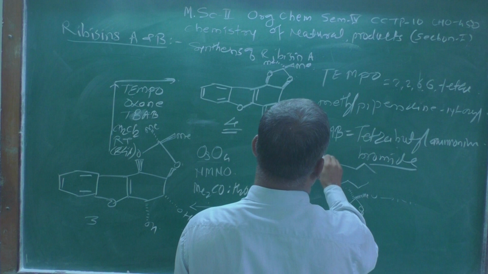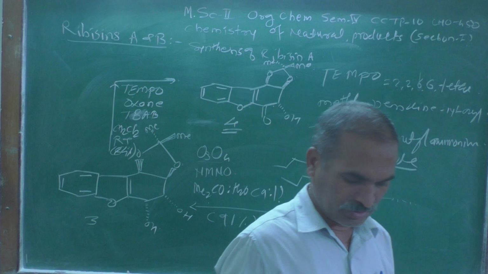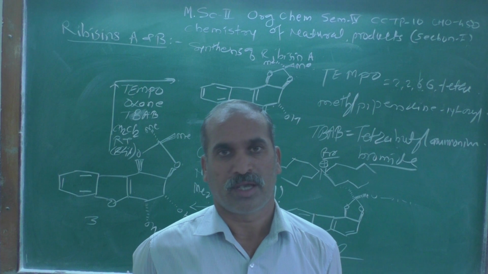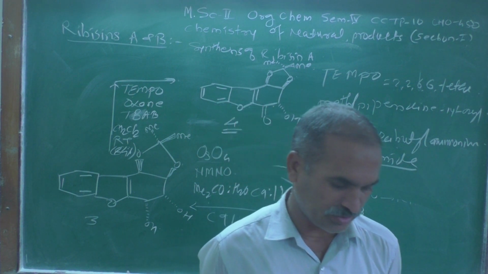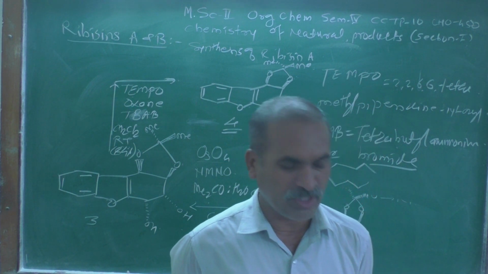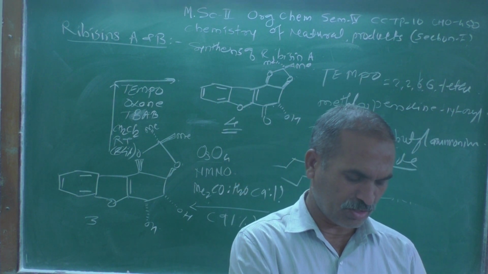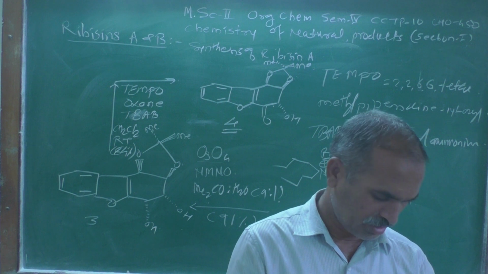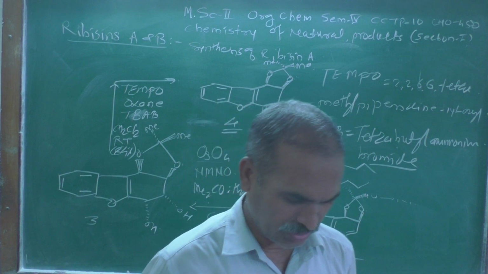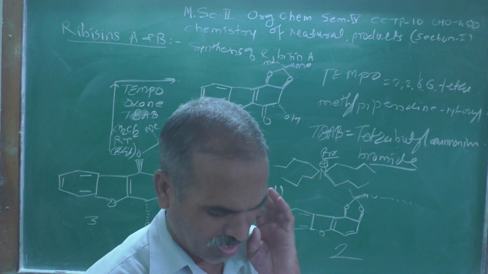Tetrabutylammonium bromide, that type of structure, is widely used as a phase transfer catalyst and behaves like an ionic liquid, which is a promising green alternative to organic solvents in organic synthesis. And by using this, we will get structure number 4 that we have seen over here.